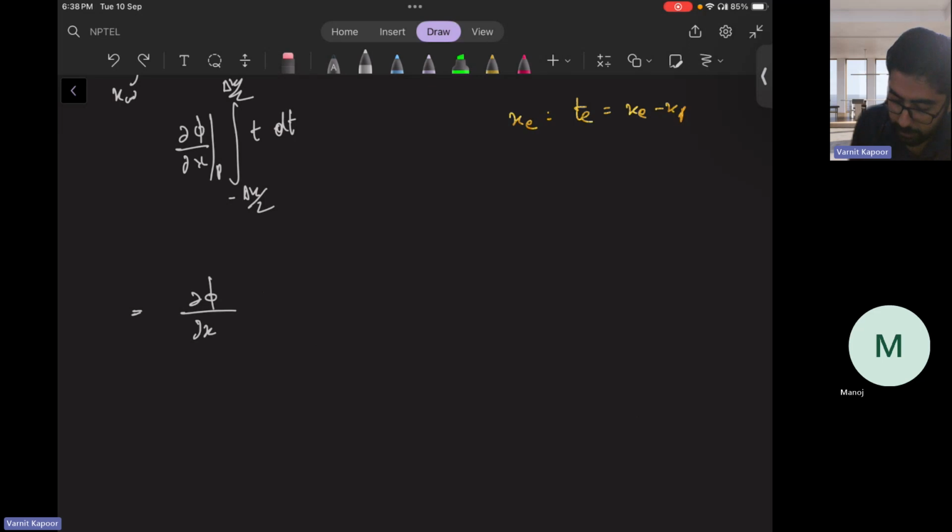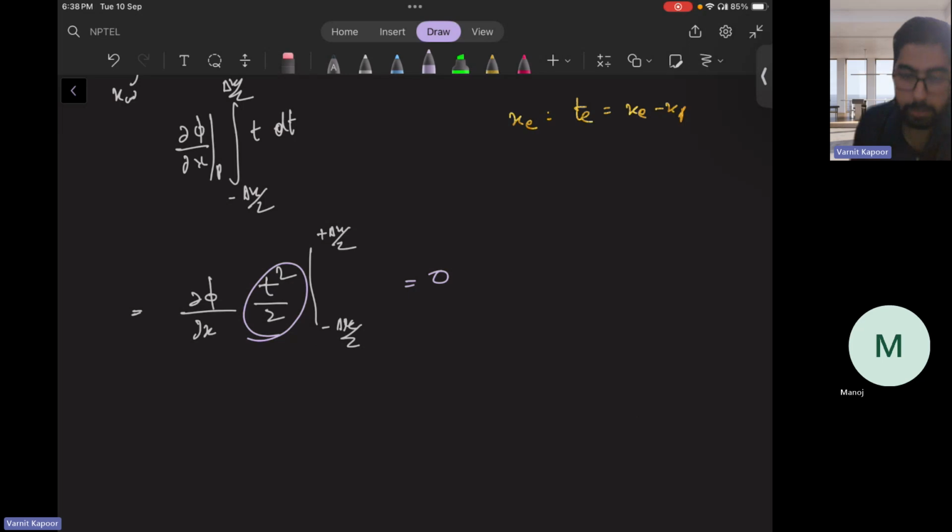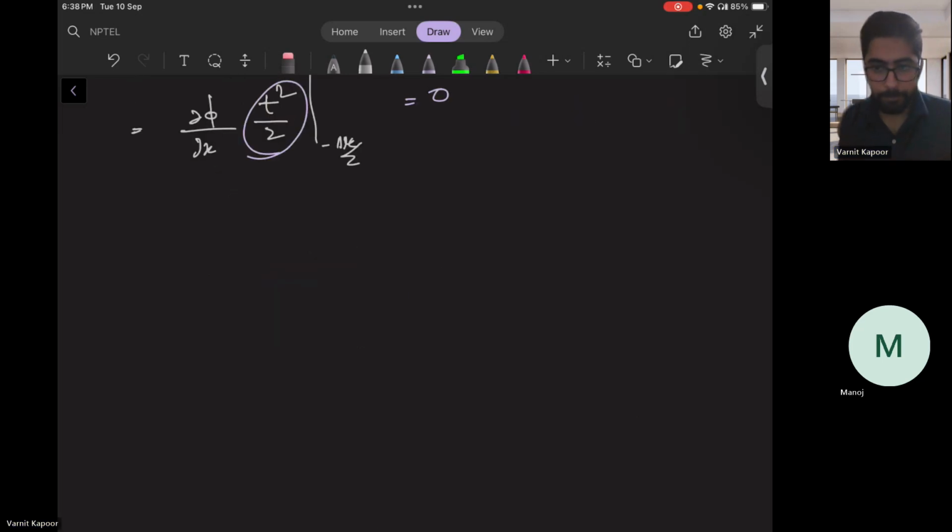So integration of t is t square by 2, from minus del x by 2 to plus del x by 2. It is an even function, so this integration should come out to be 0. Now, into the next term,